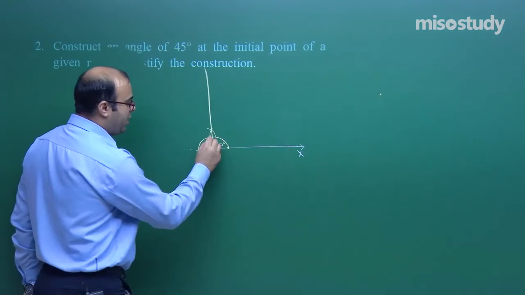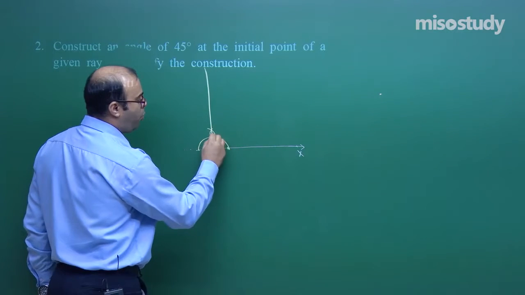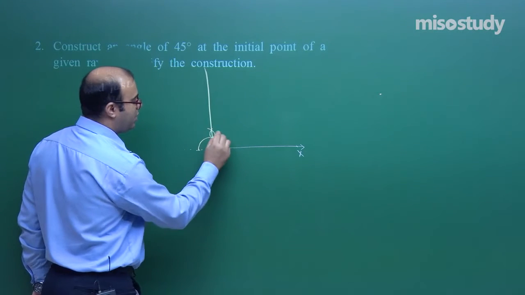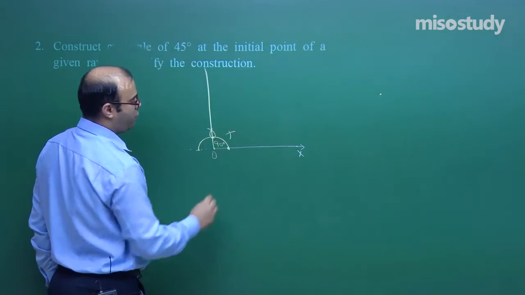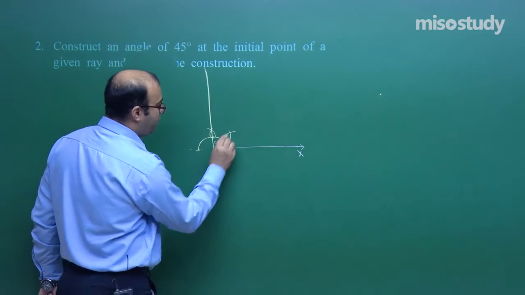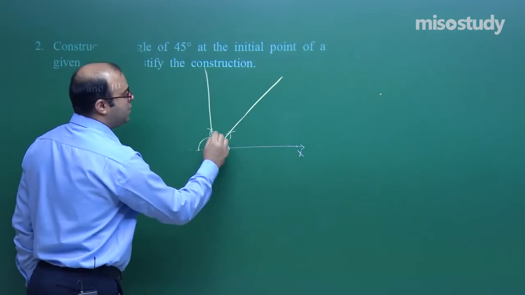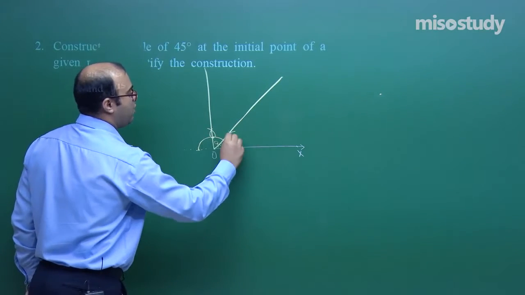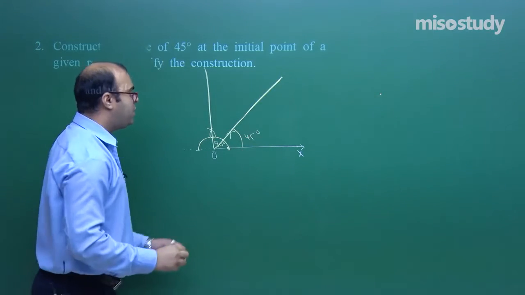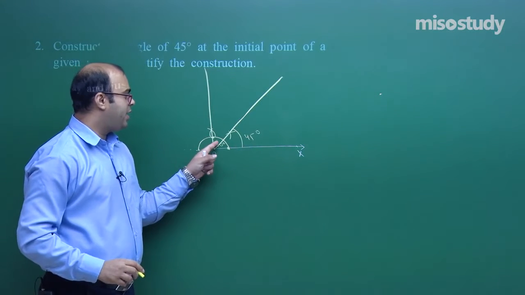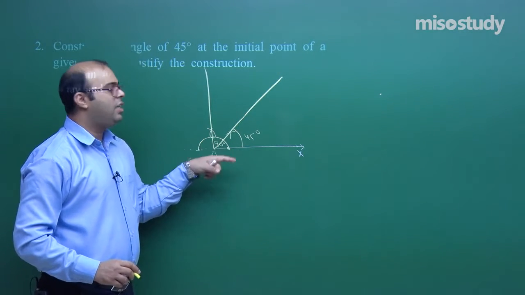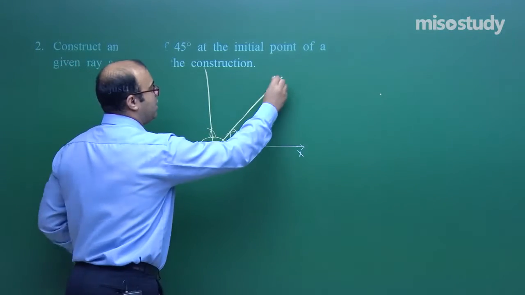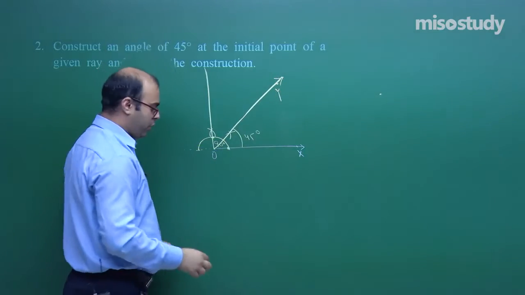What do we do next? We take this point and this point, the 2 points here, and take the length greater than half of this length, and make an arc from here and make an arc from here, taking equal radii, and we will join them. So this is further the angle bisector of this 90 degree. We have taken these 2 points for making 2 arcs. So this is 45 degree now. So again we will say that this is the angle bisector. So it is 90 degree, and this is the angle bisector of this 90 degree. So it is 45 degree. So this angle which we see here, XOY, is actually angle 45 degree, students.